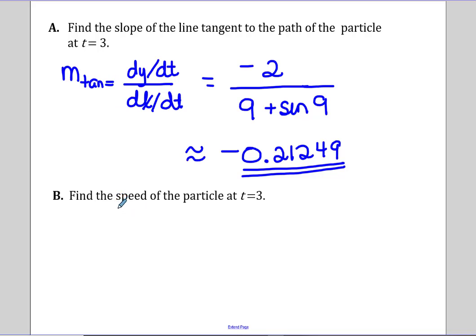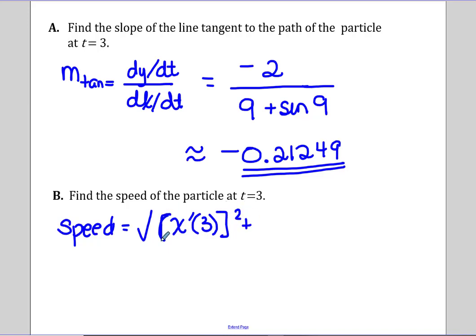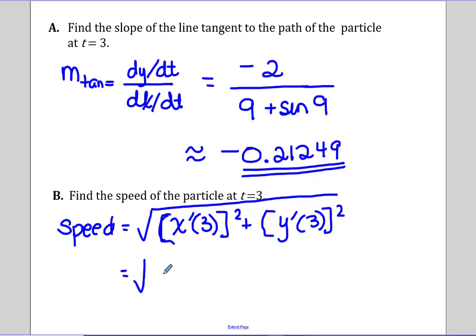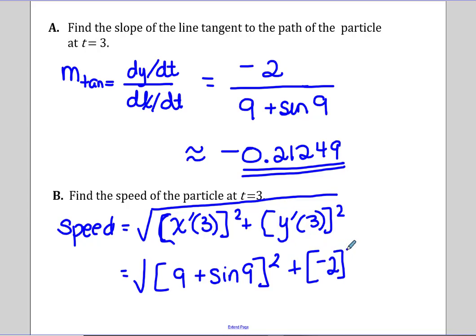And we want to find the speed of the particle at 3. So speed is the square root of x prime of 3 quantity squared plus y prime of 3 quantity squared. And we had x prime of t was 9 plus the sine of 9 quantity squared, and the y prime of 3 was -2 squared. So grabbing our calculator here,